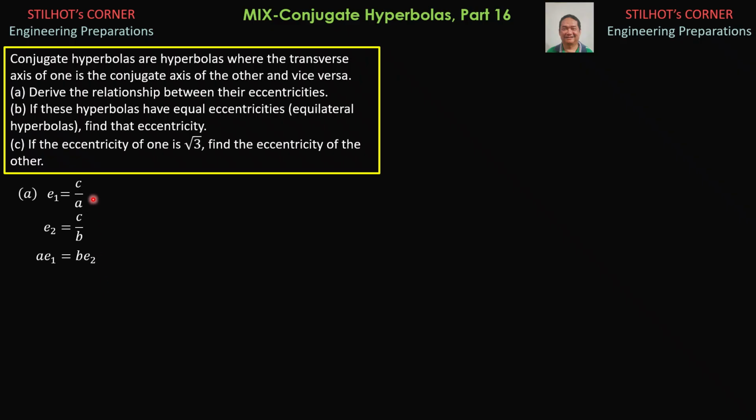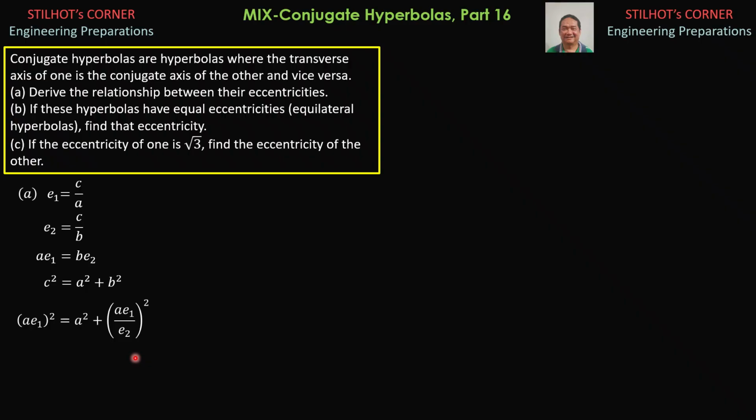Then the relationship among the elements A, B, and C, C is the longest, remember, for hyperbola. By Pythagoras theorem, C square equals A square plus B square. Now, replacing C in terms of A E1, we just retain A square. We want everything to be in terms of A. And replacing B from this equation by A E1 over E2. So that is quantity A E1 squared equals A square plus quantity A E sub 1 over E sub 2 squared.